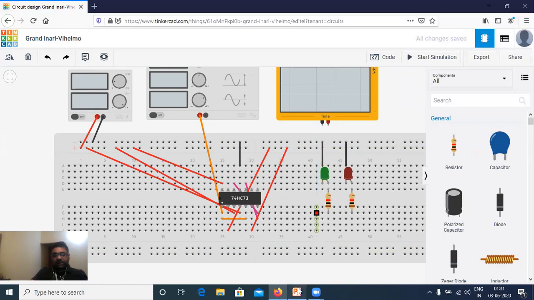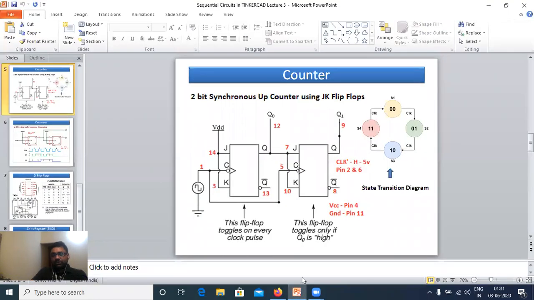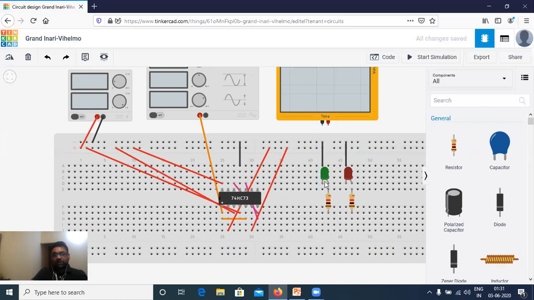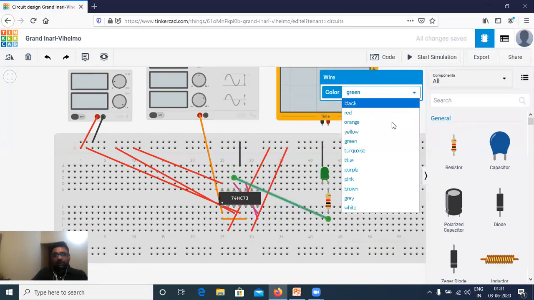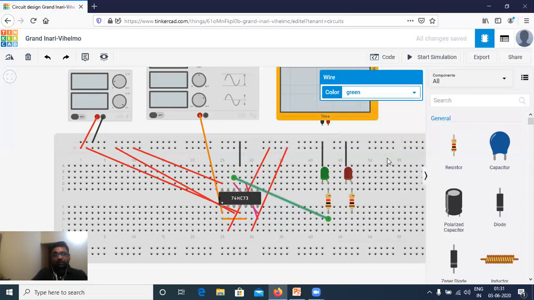So what connection I want? Q0 is 12. So I will consider this as Q0. I'll color code it to something different. Blue.